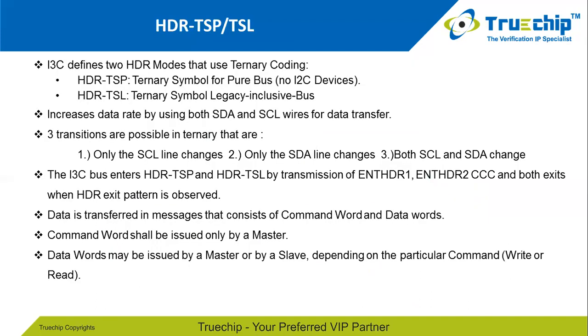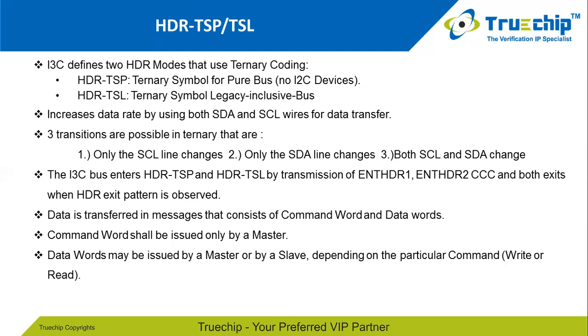HDR modes HDR-TSP and HDR-TSL use ternary signaling on the 2 wires. Ternary signaling effectively communicates 1.5 data bits per time event, which is 50% more than non-ternary I3C signaling. This higher effective data rate is achieved by using both lines, SCL and SDA, for data. The name ternary comes from the fact that for each line state change exactly 3 transitions are possible. The 3 possible line transitions are: only the SCL line changes, only the SDA line changes, both SCL and SDA